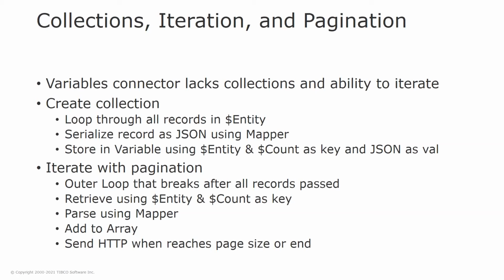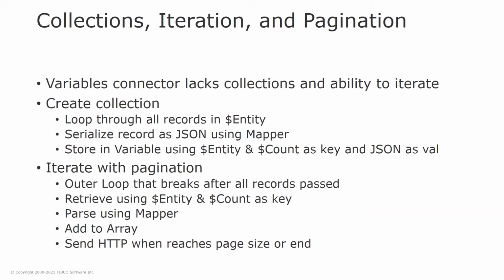So what we want to do is simulate how to do that within making API calls using iteration and pagination on a collection of records. That's because the variable connector again lacks these abilities. So the first thing we're going to do is create this collection. We're going to loop through all the records in our entity, and for each one of them, we're going to serialize it as JSON. But instead of making the key the ID, we're going to make the key just a count, right? So if the entity is user, the first record will be user 1, the second record user 2, user 3, user 4, and then once we know how many users we have,